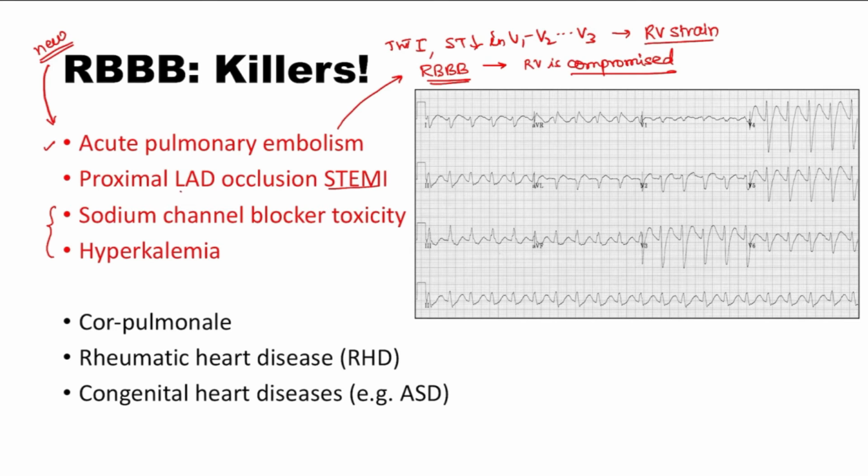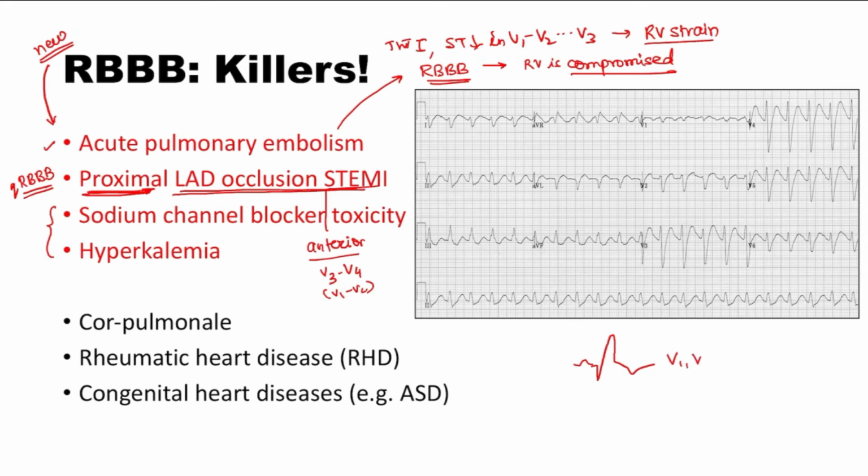Now, LAD occlusion causes an anterior STEMI, which is manifested as ST elevations in the anterior leads, that is V3, V4 typically, or it can extend from V1 to V2 if the septum is involved. Now, if there is a proximal LAD occlusion, one of the manifestations is the development of a QRBBB, that is presence of a Q wave followed by a positive R wave and broad R wave associated with ST elevations. So if this kind of a thing is seen in V1 or V2 in presence of an anterior STEMI, you should always think that the patient has got a proximal LAD occlusion.